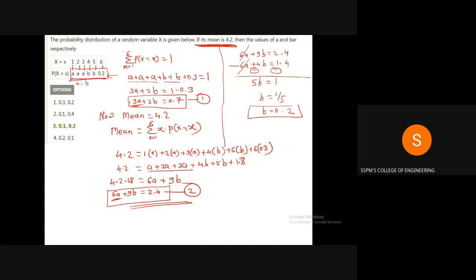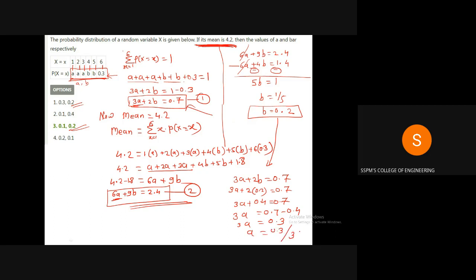So either this one is correct or this one. We will put the value of b in one of the equations, so we will put it here. We have 3a plus 2b is equal to 0.7. If we put 0.2 for b, we have 3a plus 2 into 0.2 is equal to 0.7. That is 3a plus 0.4 is equal to 0.7. Therefore, 3a is equal to 0.7 minus 0.4, which is 0.3. So 3a is equal to 0.3, which means a is equal to 0.3 divided by 3, which is equal to